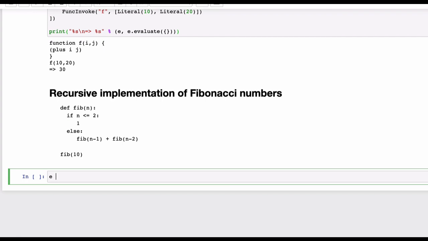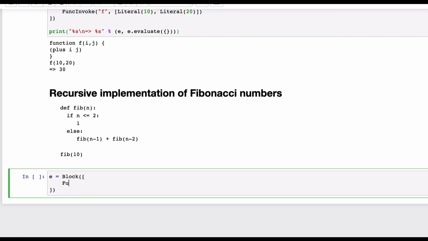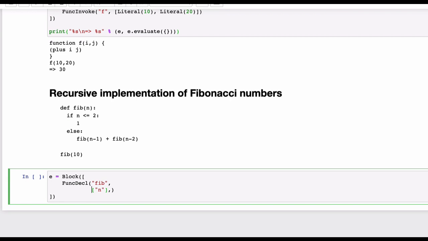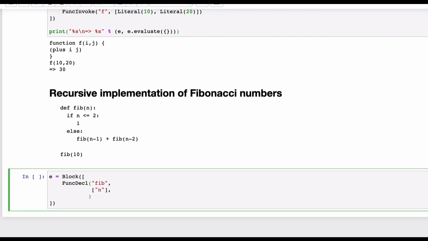The program is just a single expression of a bunch of things. It's a function declaration of fib, and it only has one argument, n, and the body of the argument is an if else,